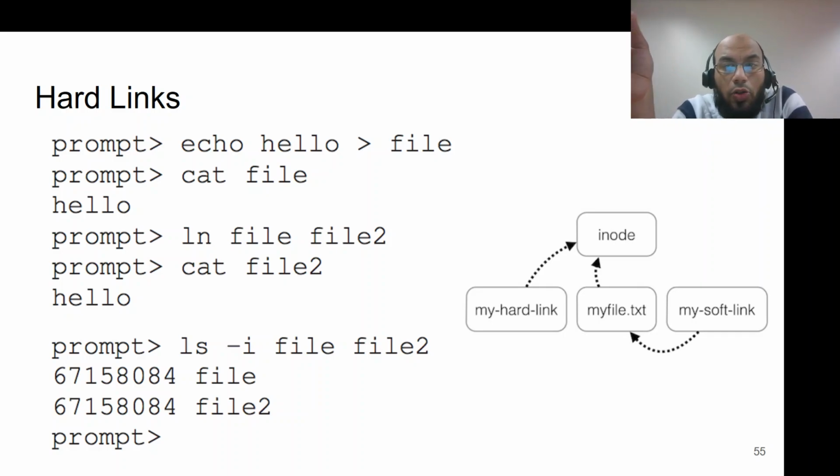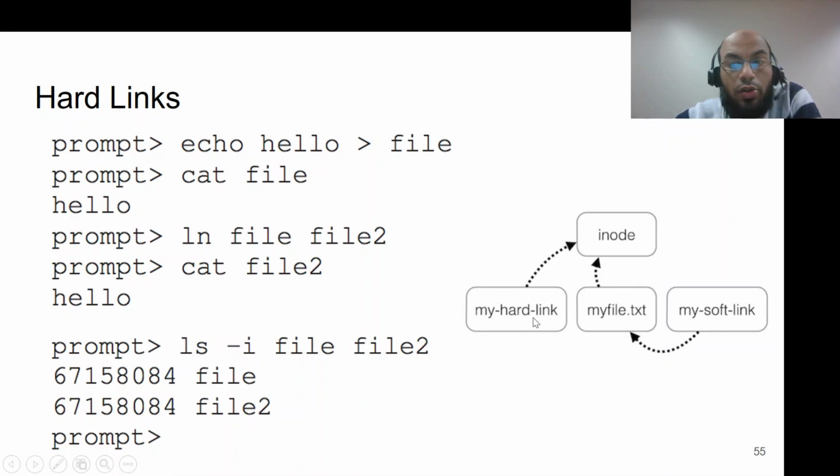When you create a hard link, and we're just now talking about hard links on the left hand side, you create another pointer to the inode, which means that when you are removing myfile.txt, unlink is called for that exact reason, because you actually only unlink myfile.txt,